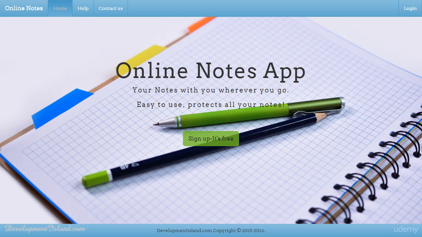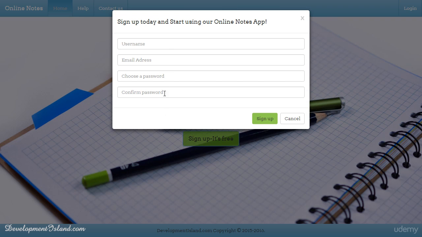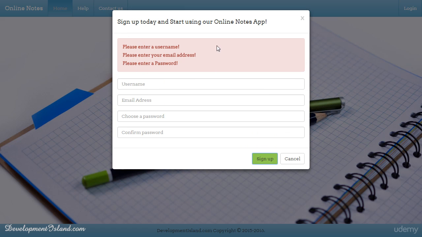First of all, the landing page is going to offer a couple of options. We're going to have the sign up option and the login option. To sign up, we're going to need to click on this button and then fill in some information. If there are any errors, we're going to get an error message just like this. And if everything is fine,